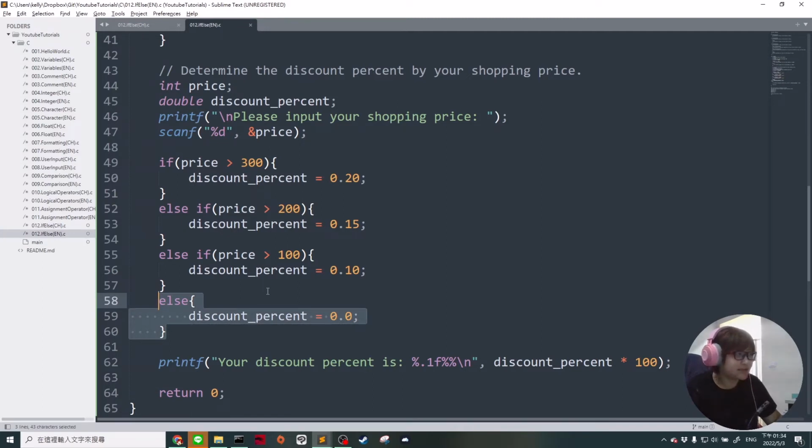In an if-else statement, the else block is optional. You can add an else block or just discard it. But most of the time I recommend you add the else statement because it will do some default